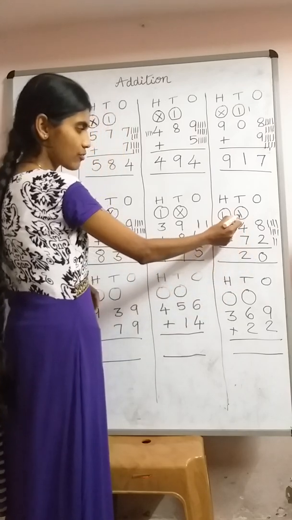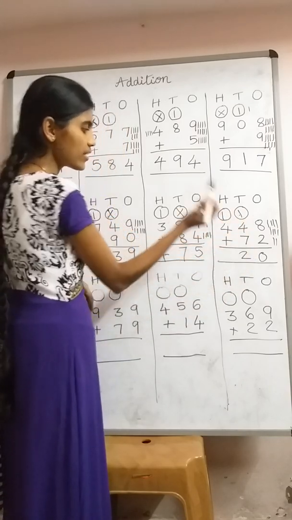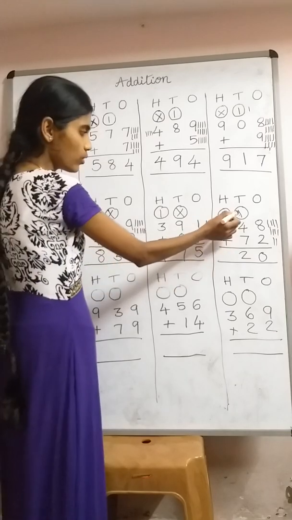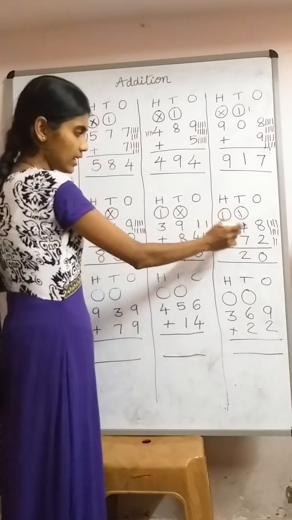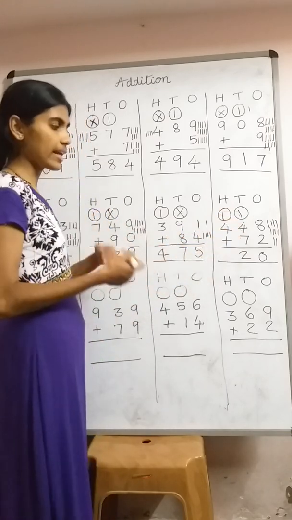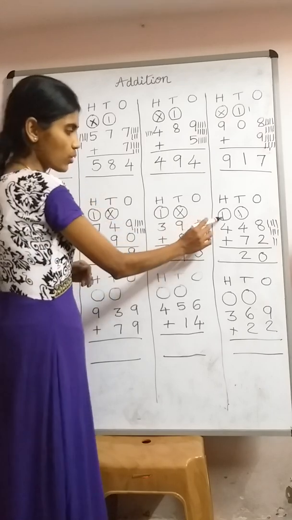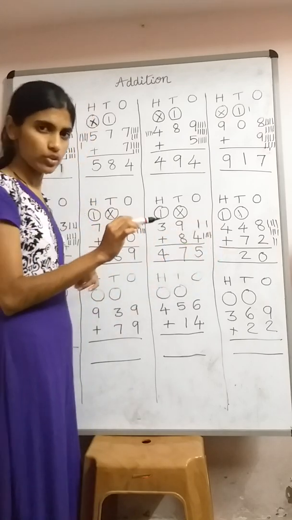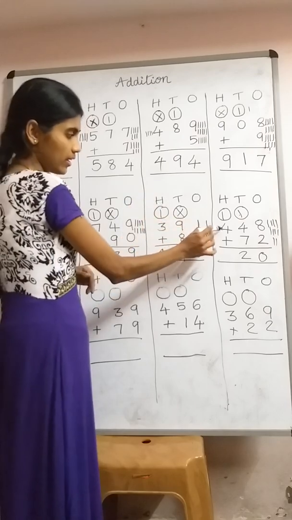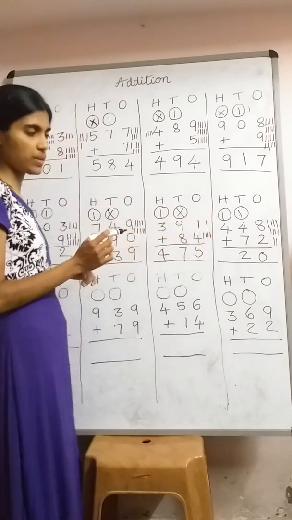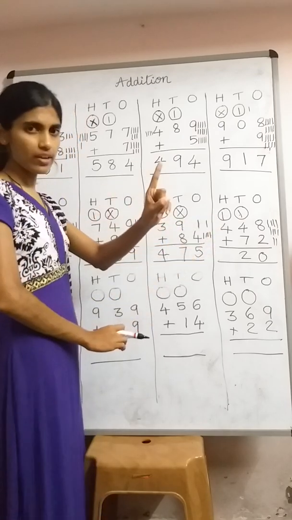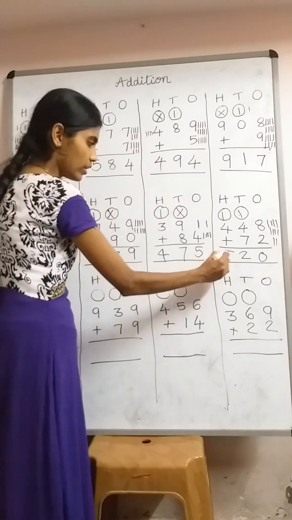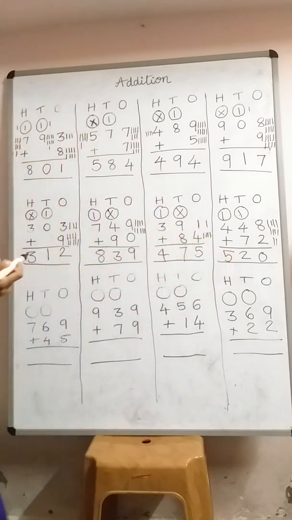4 plus 1 is 5. 5 plus 7 is 12. First I open one finger, then I opened 7 fingers and I continued the number. So I got 12. Did you understand? Fine. Next let us move to the hundreds place. 4, afterwards take one finger and say 5. Very good. It is 520.